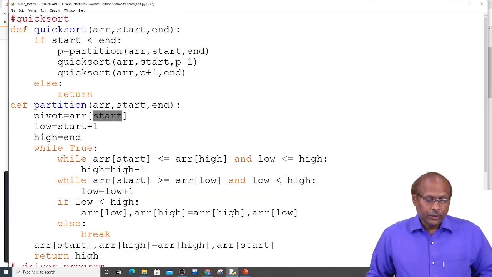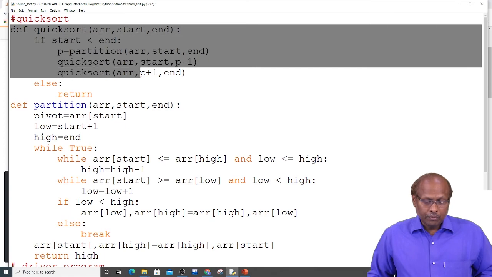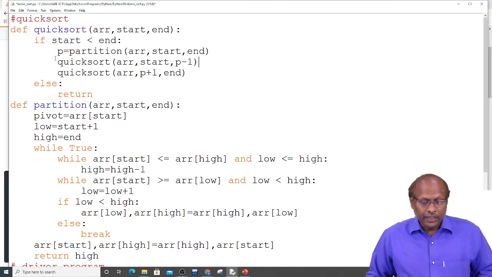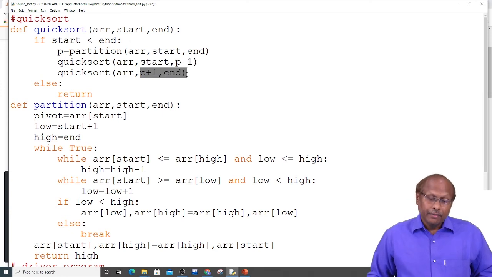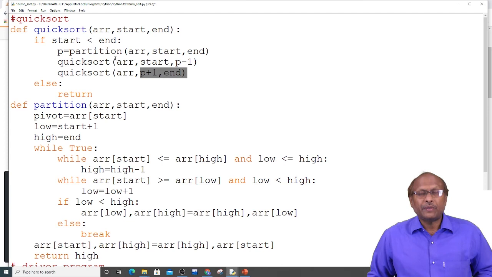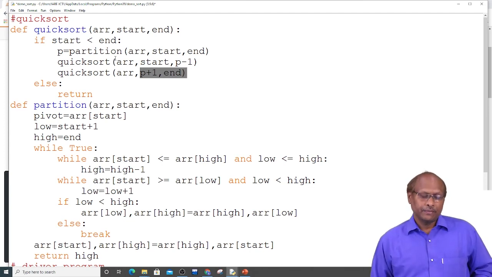Fine. So this program follows the divide and conquer policy, and for every divide and conquer you should call the same function twice. That's why I am calling this quick sort 2 times, and while calling the 2 times, the parameters are different. First time I am passing start to p minus 1. This is the first partition. And p plus 1 to end, that is the second partition. Here I am not passing p, because p is the center part. So you must be very careful what data you are passing.